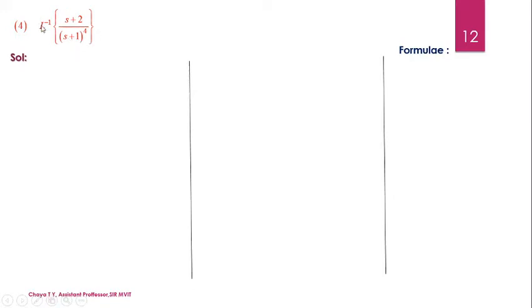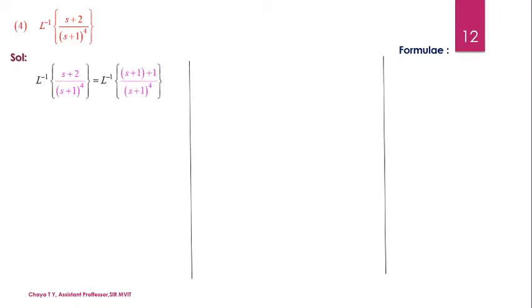Here the problem is we have to find Laplace inverse of (s plus 2) by (s plus 1) to the power 4. So when I observe the expression, we don't have the expression given in any of the standard form. So first we have to convert this into the standard form by using the basic algebraic method, and then we are going to use the formulae from the properties and also the basic transformation.